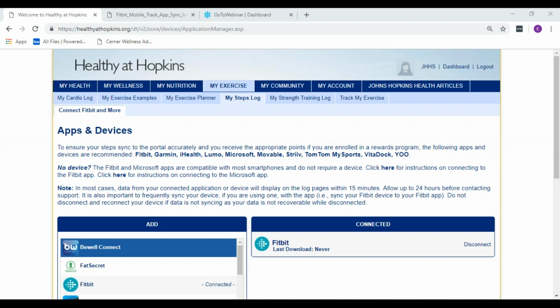We're going to move forward. I'm going to touch on Apple Watch and Android here. For Apple Watch, a lot of employees have Apple Watch, and we know this. Unfortunately, Apple has not worked with us to make this a verified steps option. So as of right now, Apple Watch is not a verified steps option. So we have two recommendations for those that are